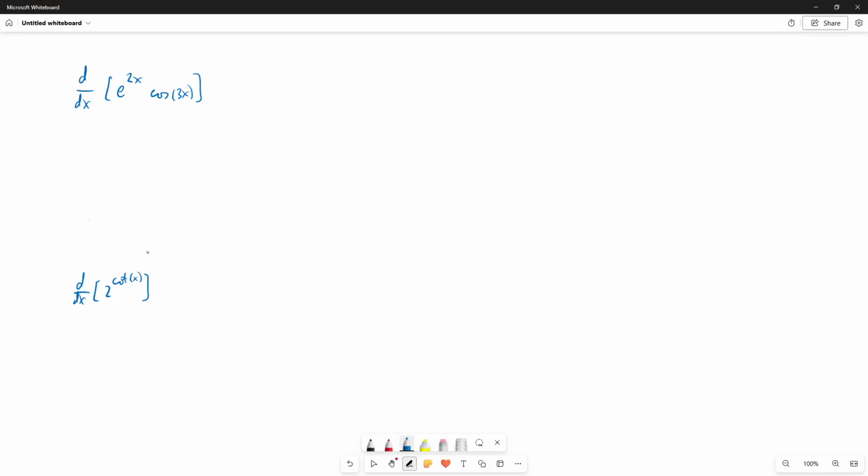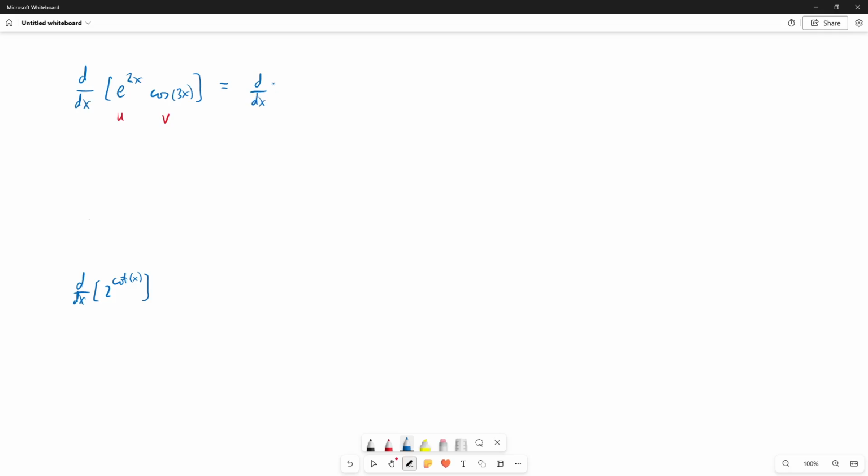Okay, we're going to calculate a couple of derivatives. The derivative of e to the 2x times the cosine of 3x. Here we have a product of two functions, u times v, where u is e to the 2x and v is the cosine of 3x. And so this derivative from the product rule is equal to the derivative of e to the 2x,